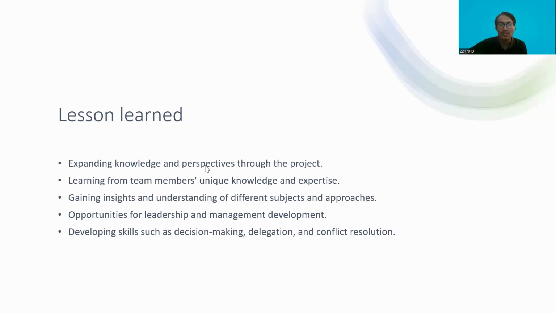So we needed to communicate with each other and ask a lot of questions to get the project started. Then we learned a lot of different subjects and approaches to do certain tasks, and we gained some opportunities for leadership and management. And then we developed skills such as decision making, delegation, and conflict resolution.